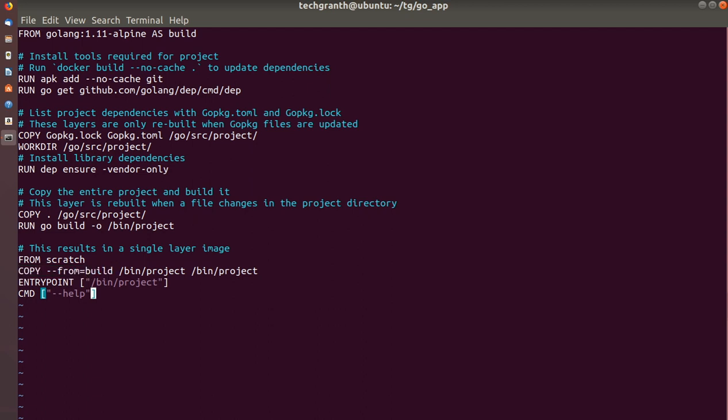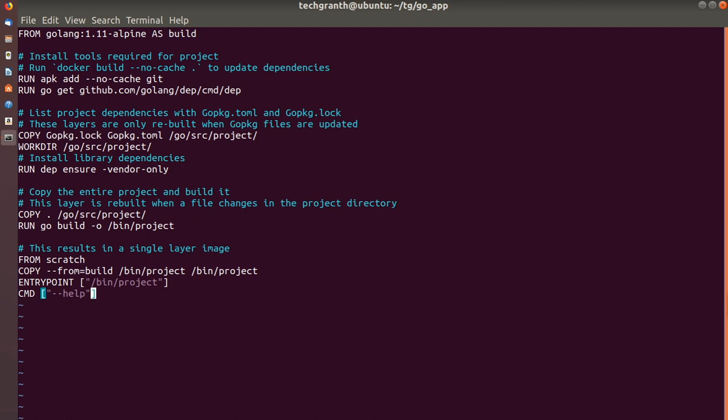Like you can see here, COPY --from=build. What it is doing, it is using this earlier build stage, where we have saved this build as FROM this Docker image AS build. We are naming this stage as build, and here we are copying from this build stage the bin project into this stage.